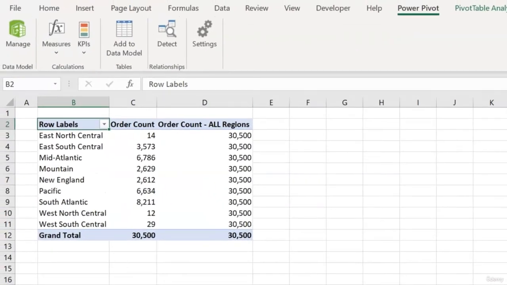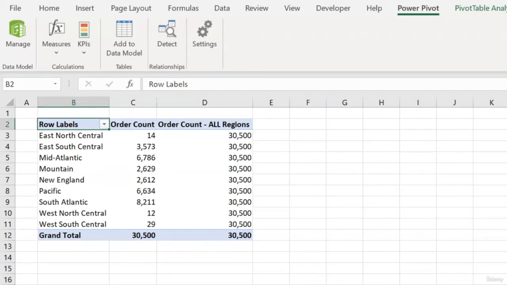Now, if you compare the numbers that you're seeing for every row of our pivot under our new measure to our grand total, I think you'll get some idea of what's going on here. Because we told this particular measure that we don't want any filters coming from our region field to apply to order count, and because our pivot table happens to be broken out by region, every row simply reflects the grand